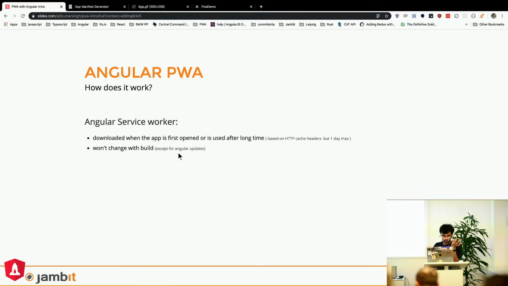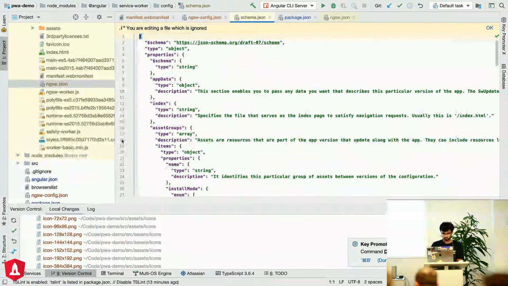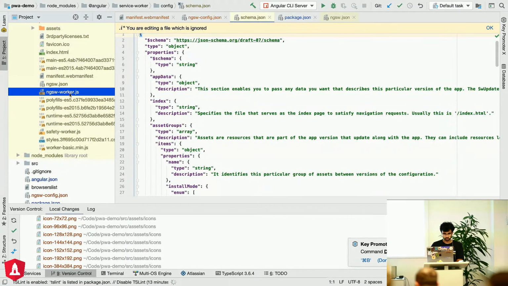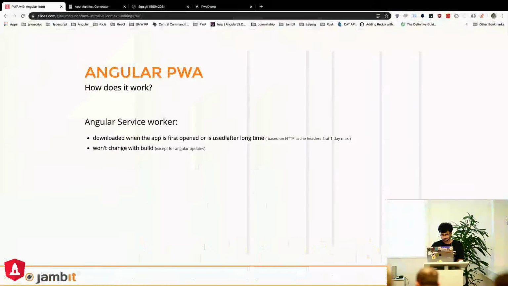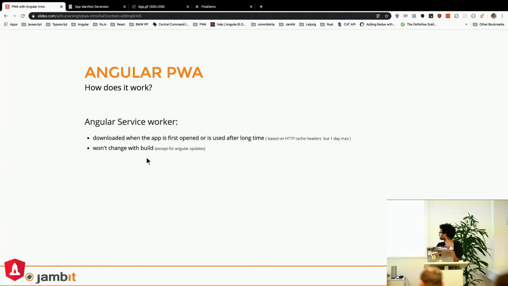So how does it work? First, let's try to see the service worker file. It would be fun someday to try to debug the whole thing, but not today. First, your service worker rarely changes, because they kind of take the all-in approach, and updates will usually happen when there is some change with Angular, bug fixes or new features and so on. And since it's not changing, it's usually just cached. But